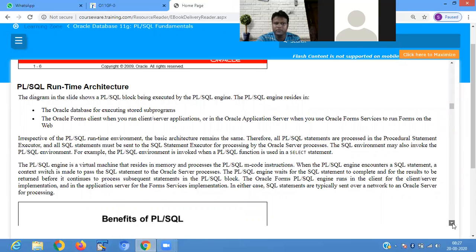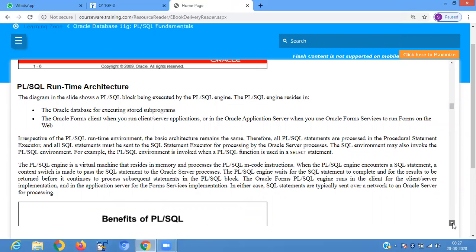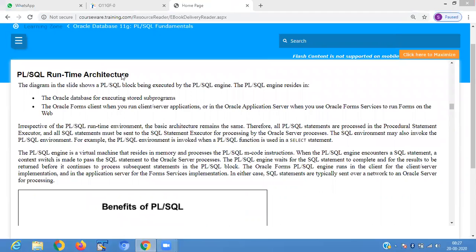Then PLSQL runtime architecture. The diagram in the slide shows the PLSQL block being executed by the PLSQL engine. Where does the PLSQL engine reside? The PLSQL engine resides in the Oracle database for executing stored programs and stored subprograms.